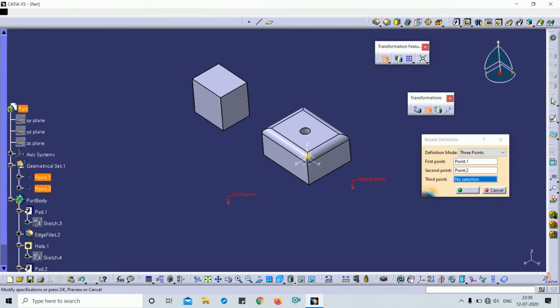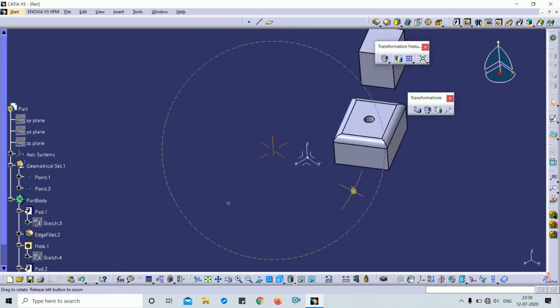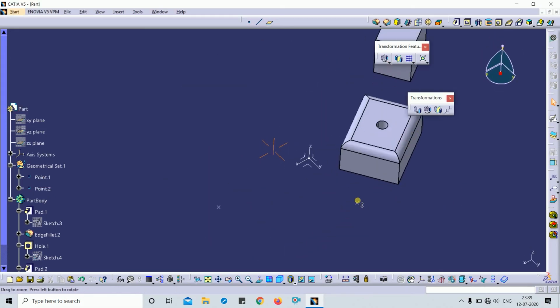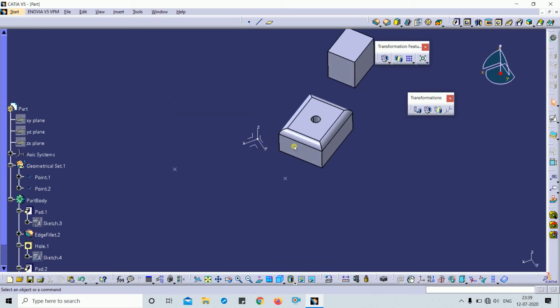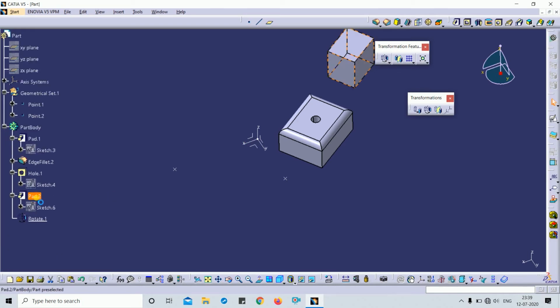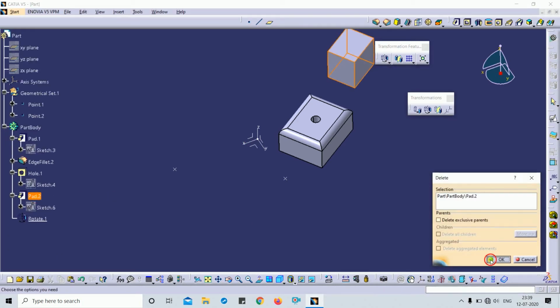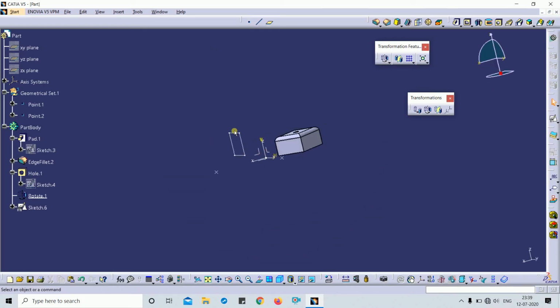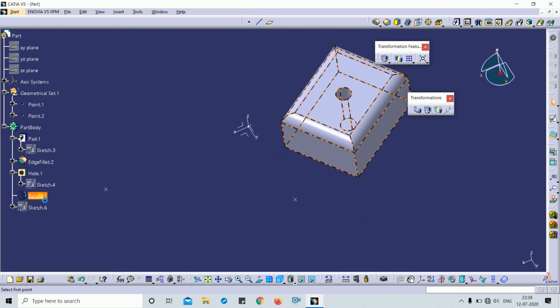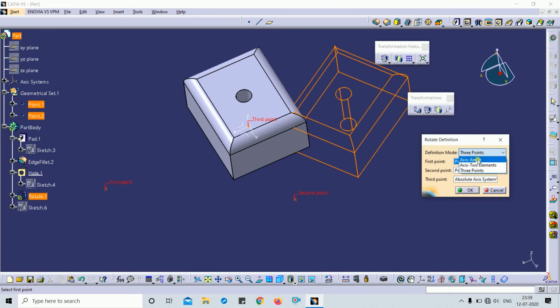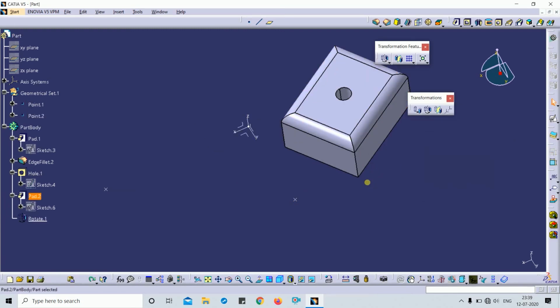You can see how the body is rotated according to these 3 points. I just delete this. You can see the result. This is the rotation according to the defined 3 points. So this is all about the rotate command.